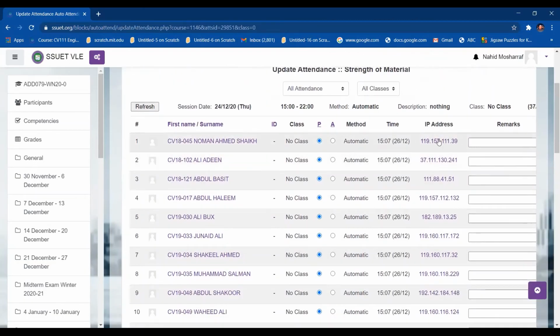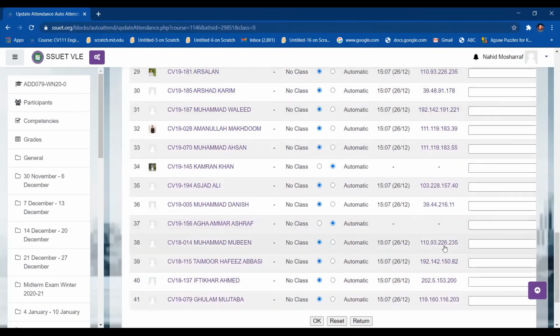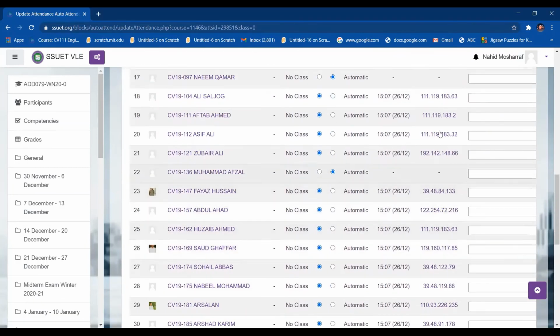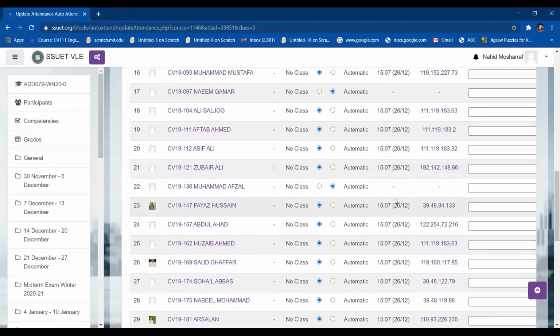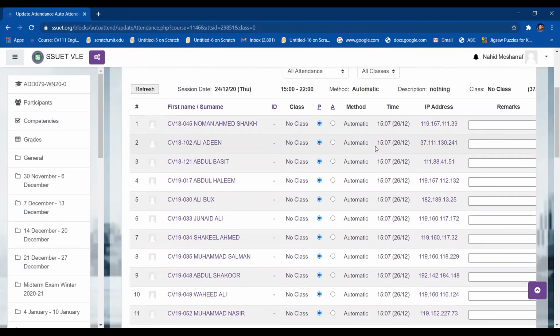You can see whichever student entered the course on the same day this class was conducted, their IP addresses are present, from which IP address they are logged in. So you can also check, for example, if another student marked the attendance. And now you can see over here there is automatic, because I created this session on an automatic basis, so it is written here, automatic time is overwritten here. Now there is only present or absent. If I had marked late or early in grade settings, that would also come here.